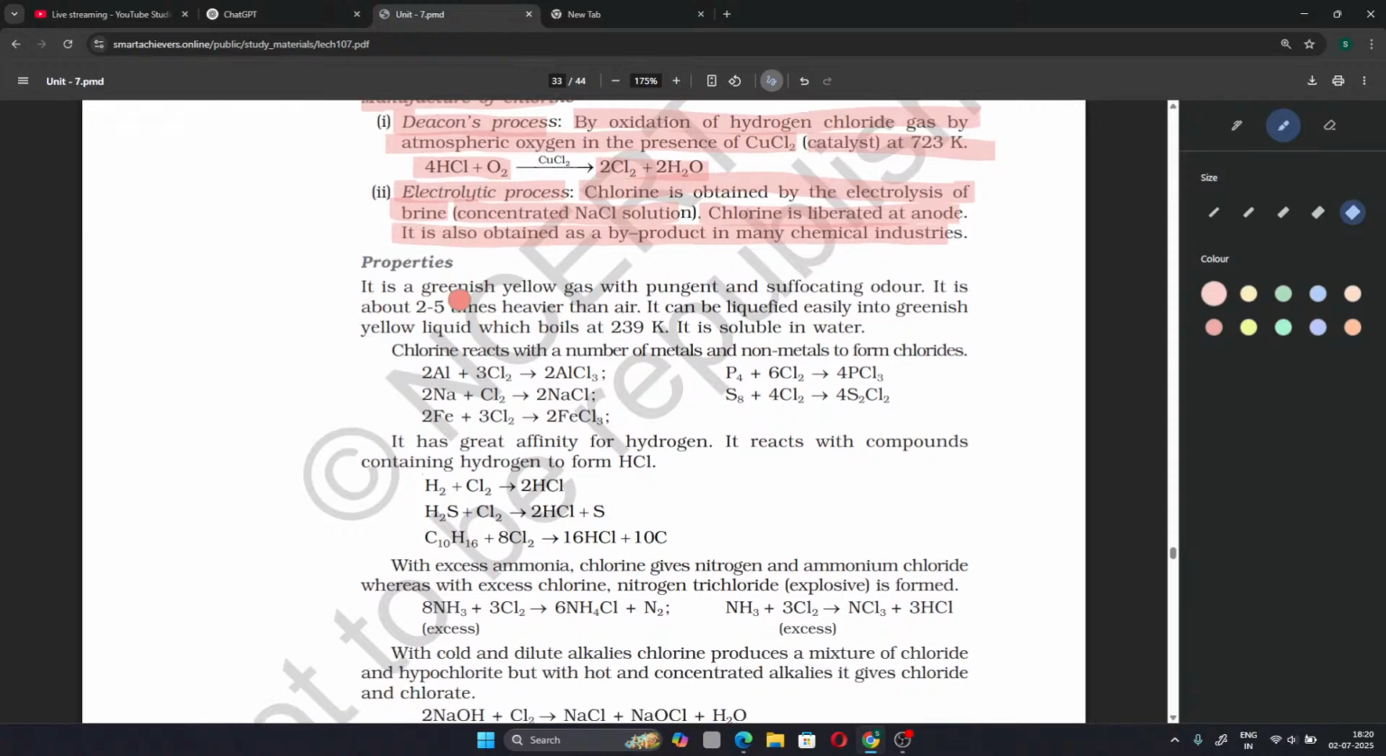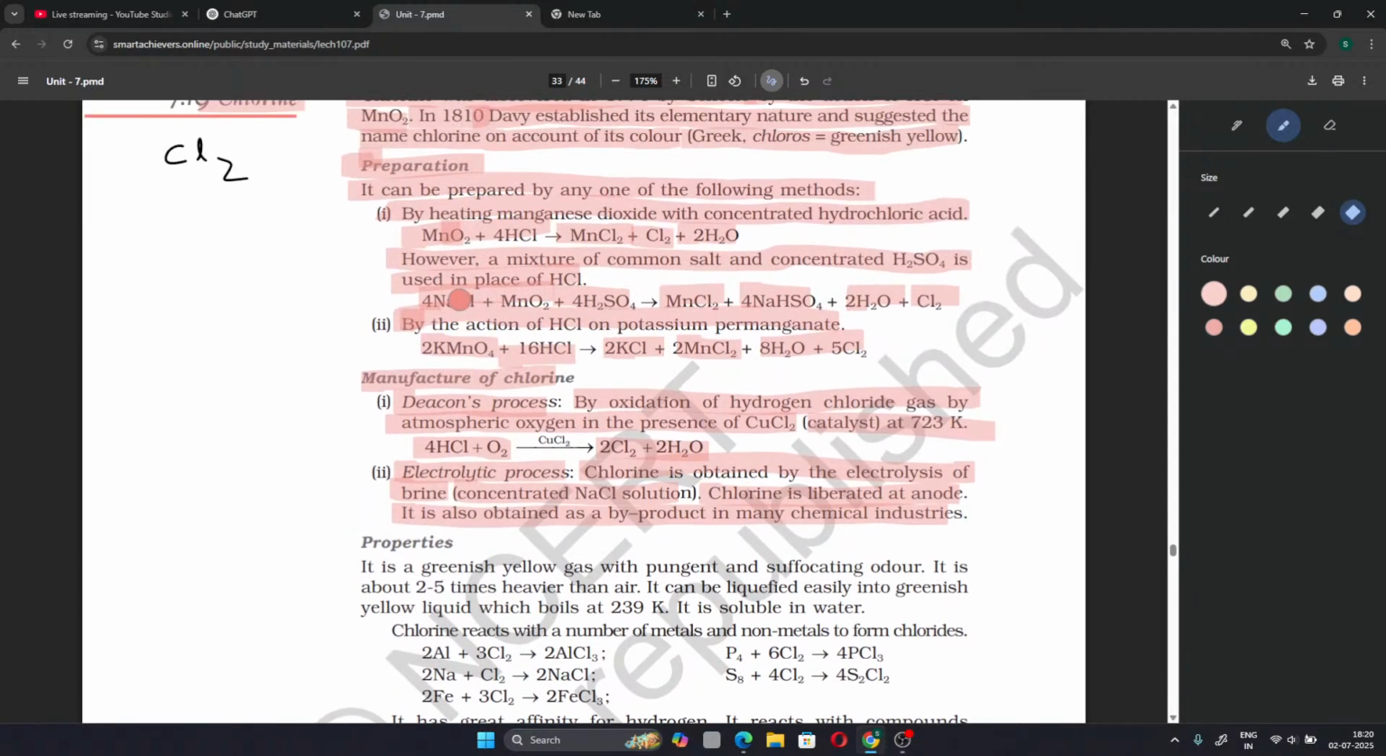Okay, that is a total of 4 processes. Three processes in the lab: manganese dioxide reacting with HCl to give chlorine, NaCl and MnO2 in the presence of H2SO4, sulfuric acid, giving MnCl2 and chlorine, and the third process being potassium permanganate reacting with hydrochloric acid to give chlorine. The manufacture is by